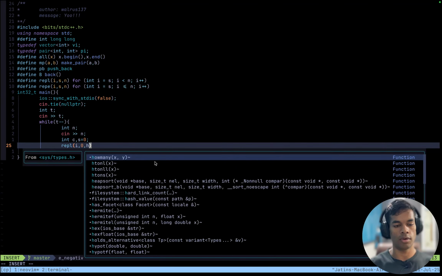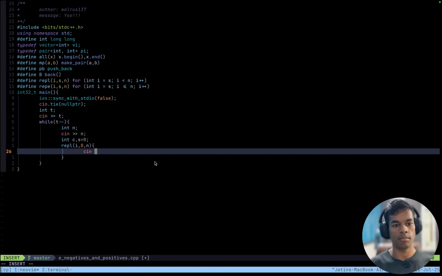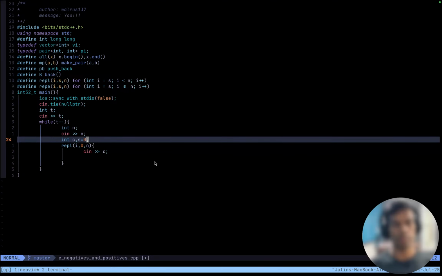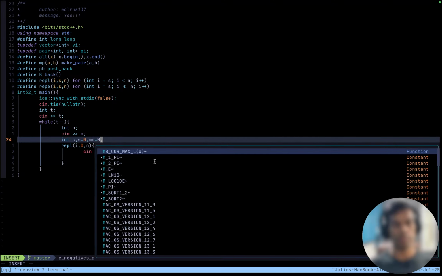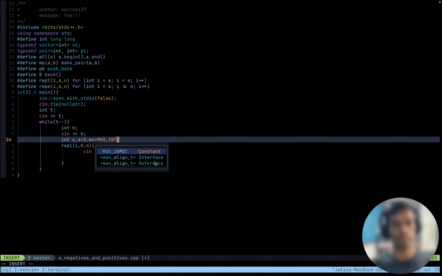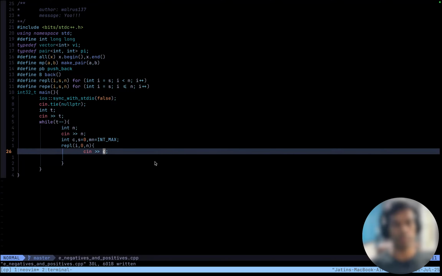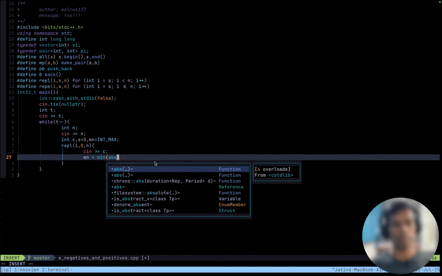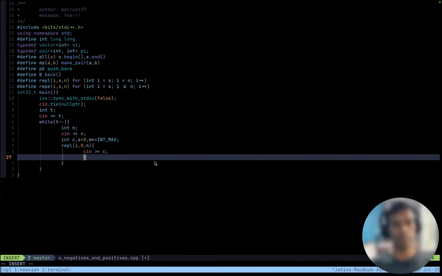For i from 0 to n, take the number n to c, and also one more thing. mn initially is int max, but I'm using 64-bit numbers. Still, this is fine. mn equals minimum of absolute, or more like,